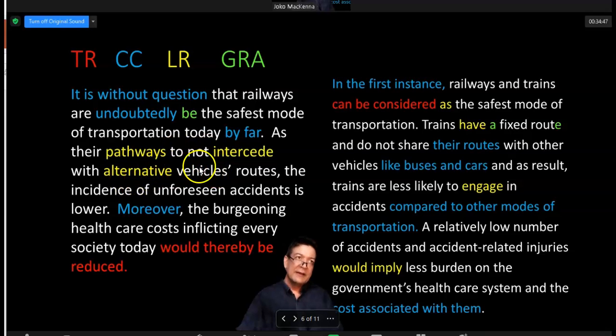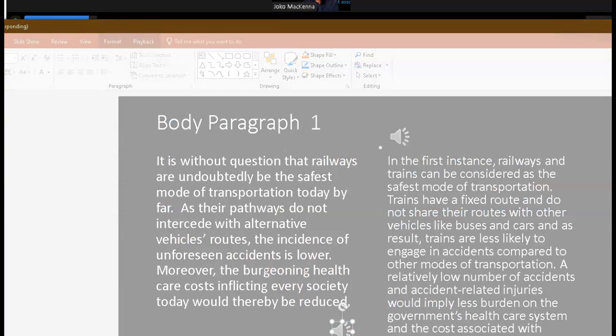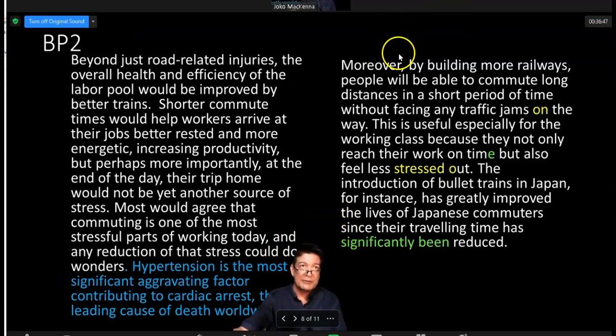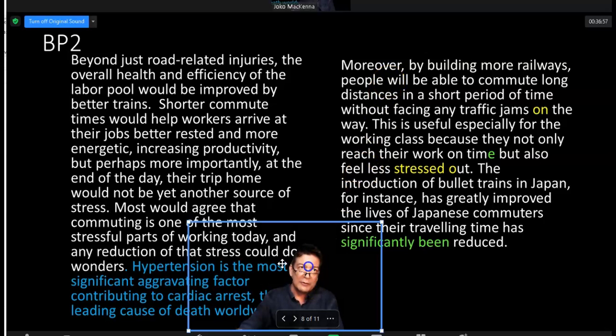And once again, making fun of "they don't have pathways, they don't intercede, and all accidents are unforeseen." And then the use of moreover. Okay? Do not use moreover. Just stop it. Okay? Don't. I'll explain why. Oh no. Collapse. Okay. Two big ones. Perhaps I was, we'll start with this one now. Foreshadowing my displeasure with the use of moreover